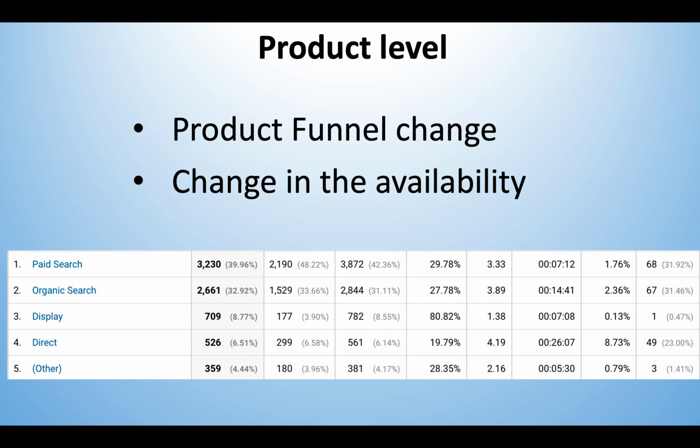I'm just going to reiterate what we did. We tried to understand whether the drop in CR and conversion is because of internal or external factors. If it is internal and it is a problem in the AdWords, then we analyze what the changes in the traffic mix are. Then, if it is because of a change in the product funnel or the availability, we check in GA and other product tools which you have to analyze this, and finally deduce the reason for your increase in CPT. Once you are done, you can take the corrective actions.